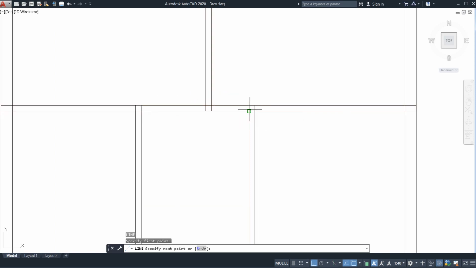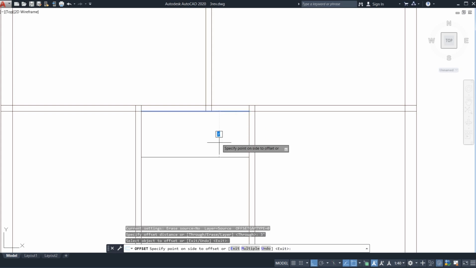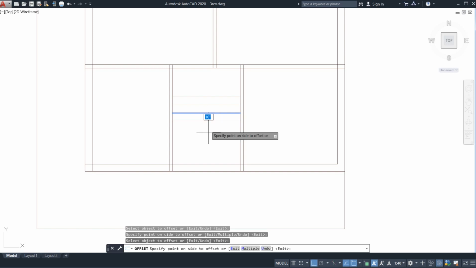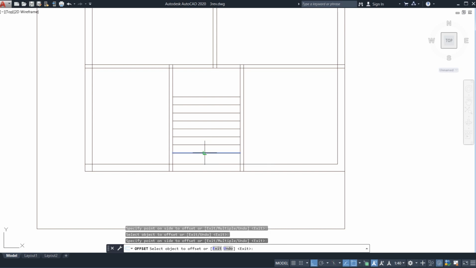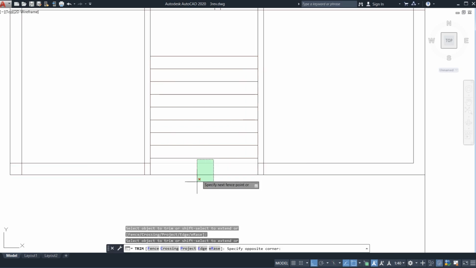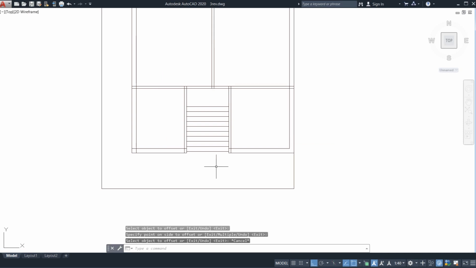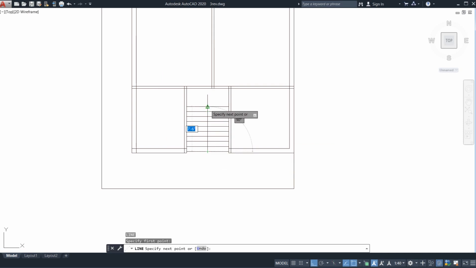So now my next stair will be on the west. I have drawn one line over here. Go for an offset of 3 feet. See, I am drawing now. After that, an offset of 10 inch tread. So 1, 2, 3, 4, 5, 6, 7, 8 almost. But here what I need to tell you is that it should be 20 steps in your stair. Now just go to the middle, just select it.